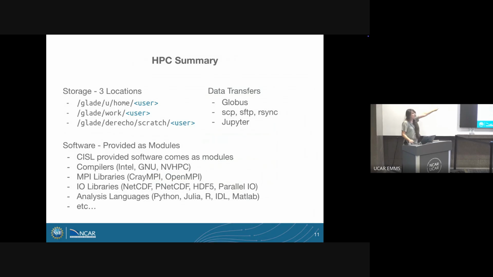And again, quick HPC summary here. I really tried to dumb this down as humanly possible to make this as quick as possible, but you have 3 major locations for storage. So when you're on the system, you'll have 3 major places to put files and whatnot. It's going to be your home, your work, and your scratch. I didn't write how much each of these is, but